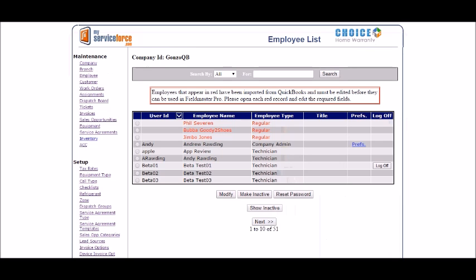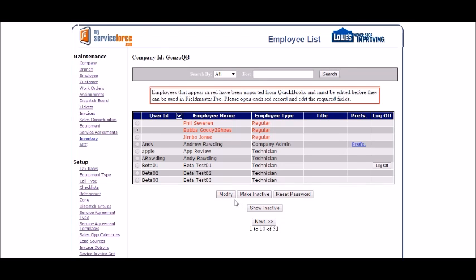And it's a little bit different if you're QuickBooks integrated or not QuickBooks integrated. Slightly different here. So here we have a QuickBooks integrated account, and what it'll look like is that first you'll need to add your employee into QuickBooks, and then the next time Financial Client runs, you'll see the employee look like this. They'll be in red. They won't have a user ID or anything like that. So to get them on board, and again, this is all just for technicians. This won't work with office workers right now,